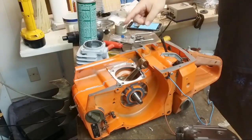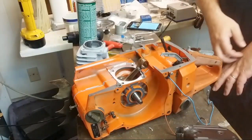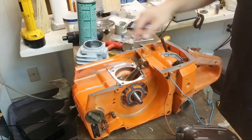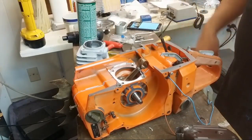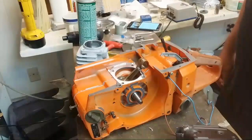All right, well, I'm actually happy with this right now. I really don't need to do anything to this top end other than probably put it down, maybe clearance it a little bit if it's rocking or whatever, but there's really not a whole lot of...